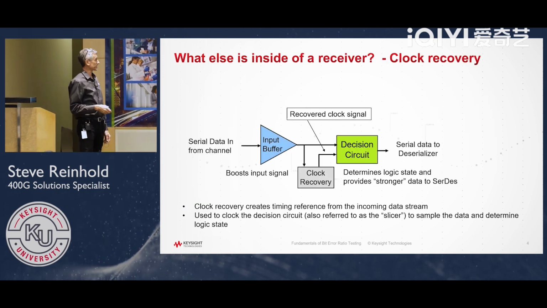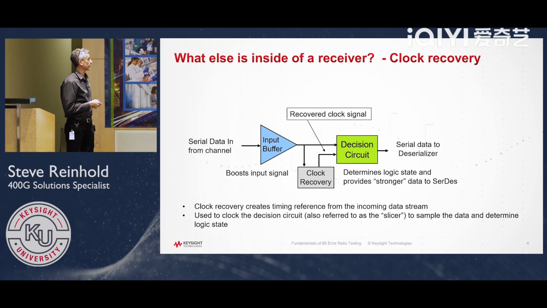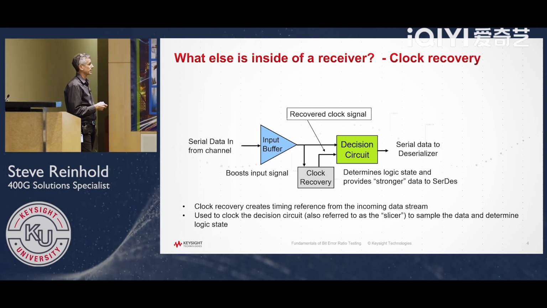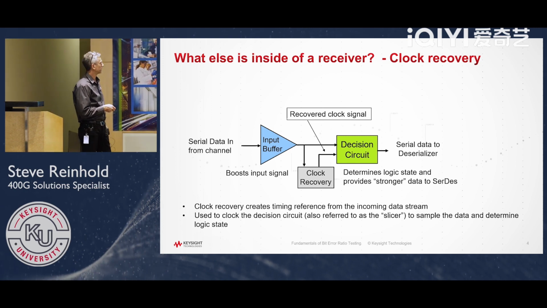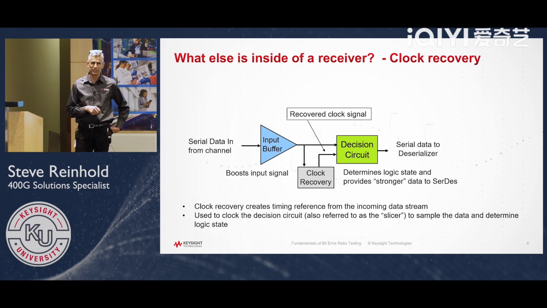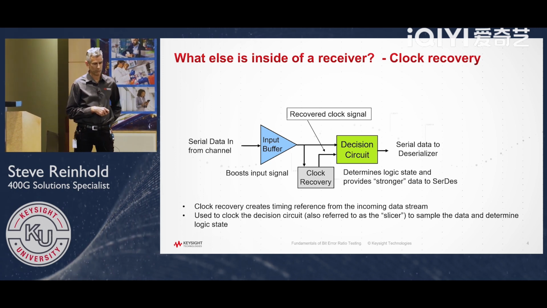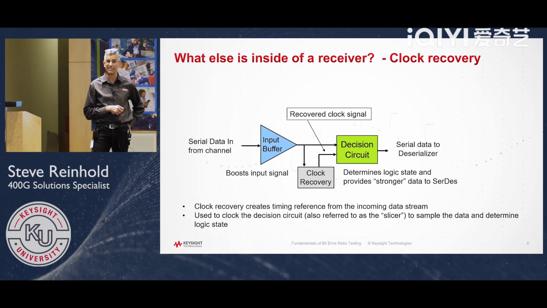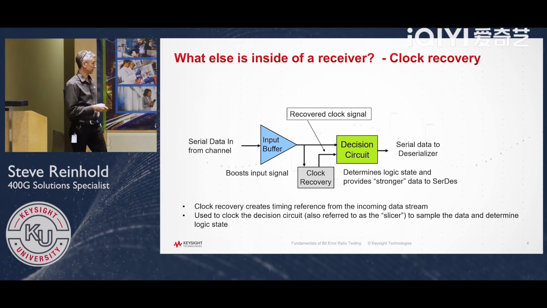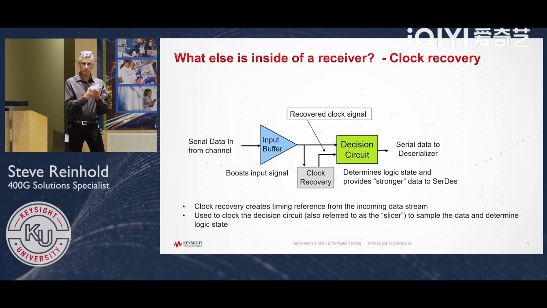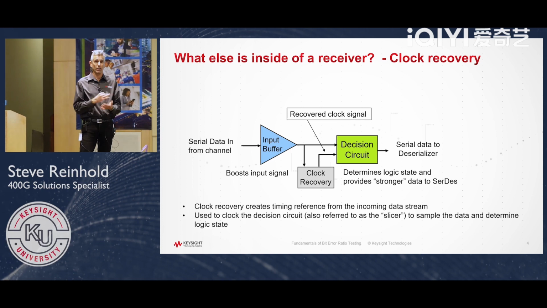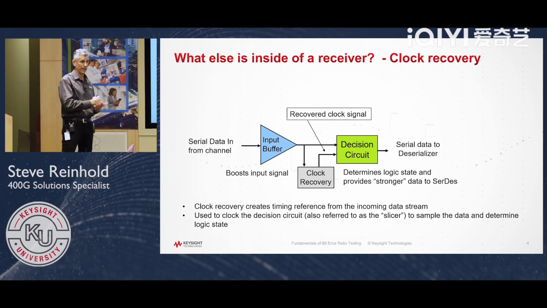What else is inside a receiver? Well, one of the key things we have to test is clock recovery. Clock recovery is an important characteristic, and I did a quick calculation. The fastest digital signals that I've been dealing with recently have been 56 gigabaud signals, and that's about 18 picoseconds. So the receiver has a total of 18 picoseconds to make a decision,